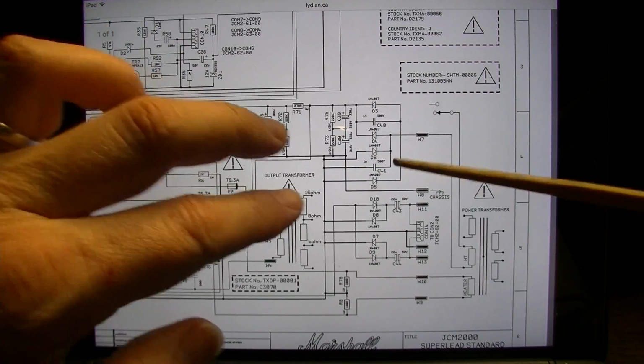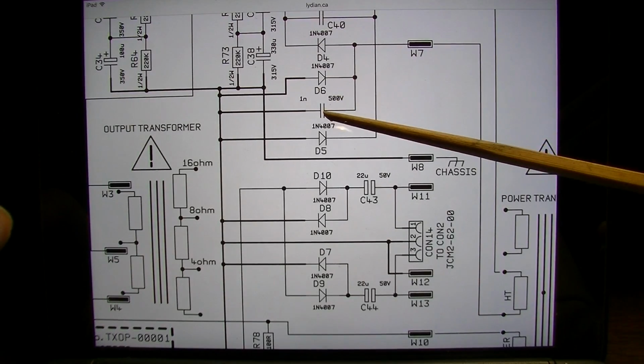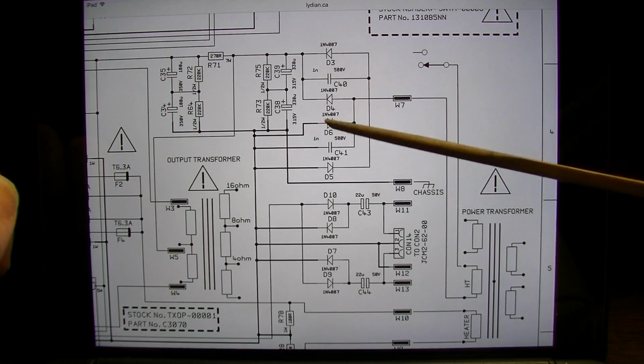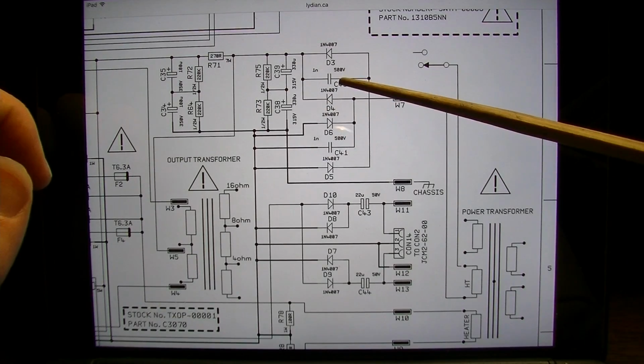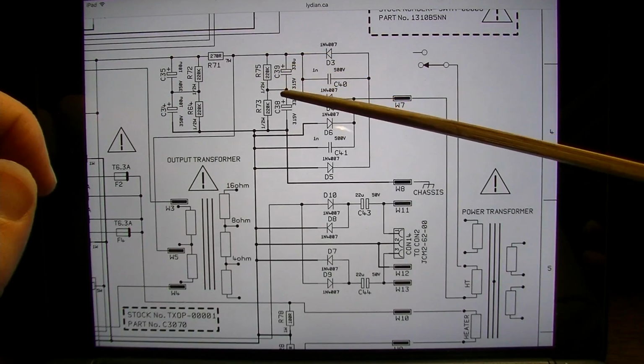It could be this C41 right there. Maybe if it's heating up, it's failing. We could also check C40. So C41 and C40 are my first 2 suspects. I think the diodes will be fine. After we check C41 and C40, we'll move on down the line and see if we can determine if these